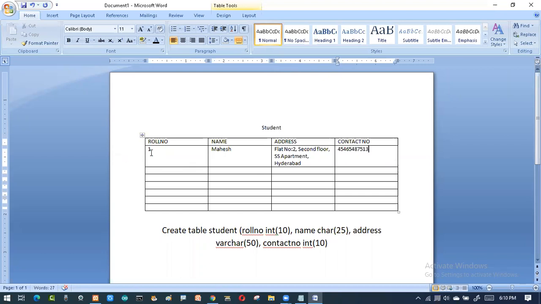So what I have done, I want to insert the record in this fashion. The structure is there. So I told you that with the help of the insert command, I can do it. So how do I want to fill this? Roll number I have entered, name I entered, address I entered, contact number I entered. So complete data I have given for this particular Mahesh record. So Mahesh record has been inserted. When I'm saying complete record, I want to make a complete record like this.